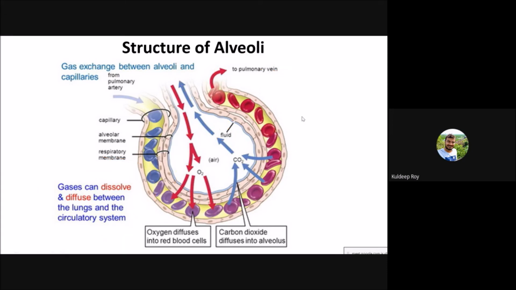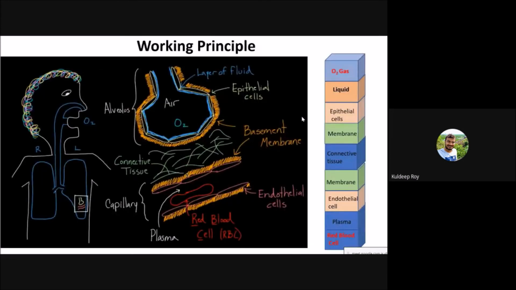We will see how many and which kind of resistances occur for oxygen flow. Here I have highlighted the resistances: 1, 2, 3, 4, 5, 6, 7, 8, 9. We have to check how